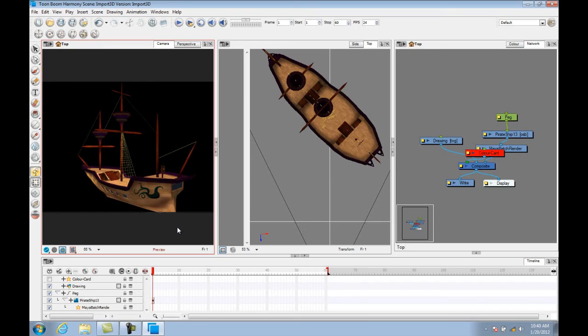Anyway, so that's it for the tutorial importing and working with a 3D object in Harmony. And it's also the last video tutorial in the 2D, 3D